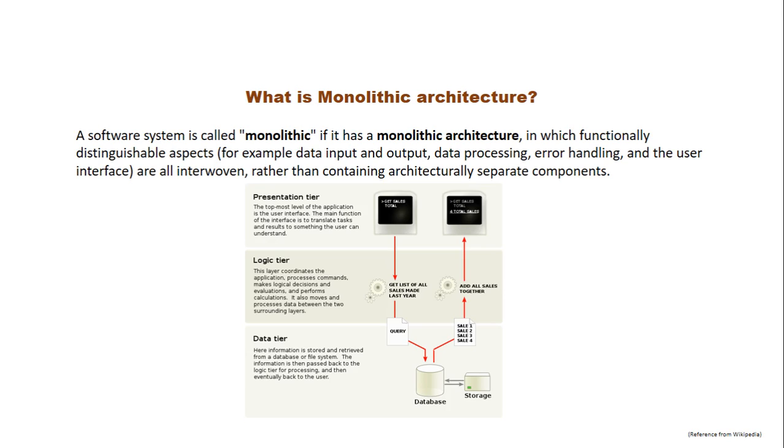For example, presentation goes in the presentation layer, logic goes in the logic layer, and data will be in the data tier. Basically, a tier is nothing but a server, or a machine, or a client machine. For example, you have a web application. The presentation layer is your UI interface, so the client or user can interact with your user interface from their browser, and they send a request to the logic tier. The logic tier sits on some other server, if it is a web application of course,